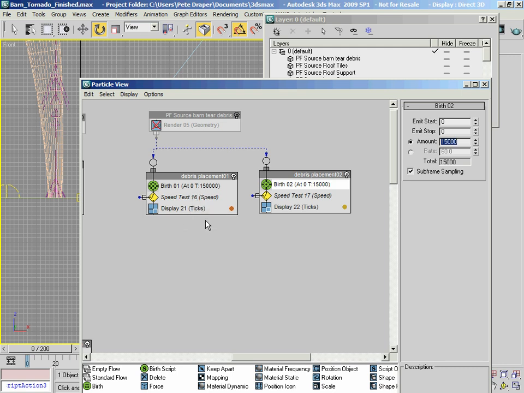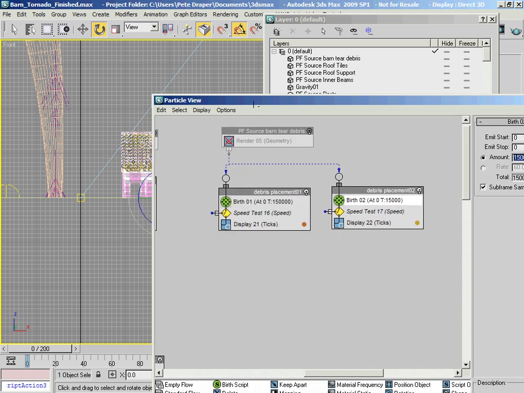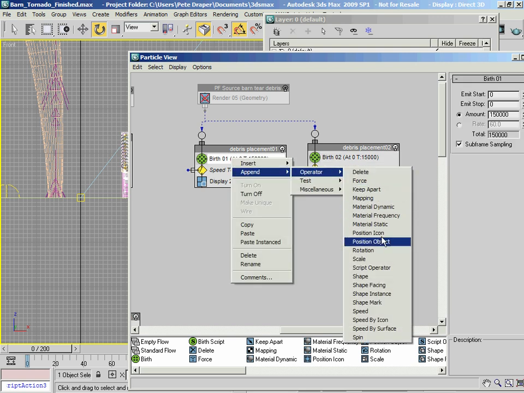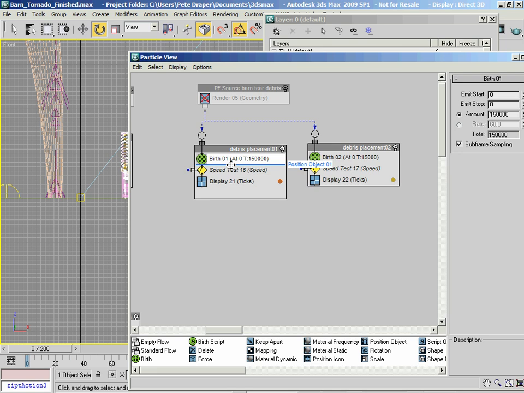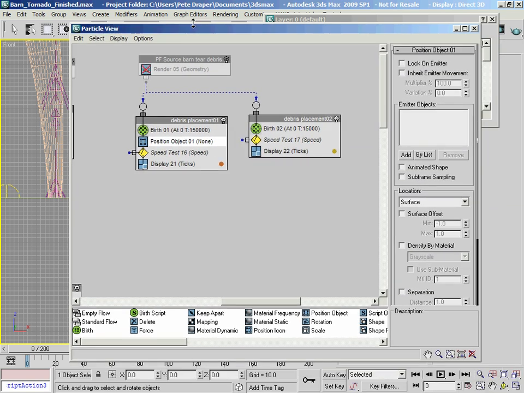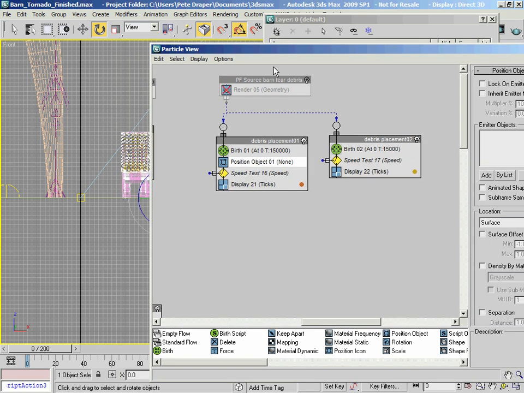Okay, so to get the particles scattered across the geometry, we need to introduce a position object operator in here. We need to make sure the particles are locked onto the object, so that when they actually start moving, because they're locked onto the moving objects, they are then tested by the speed tests.